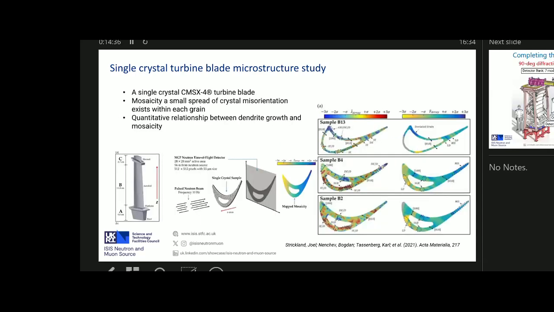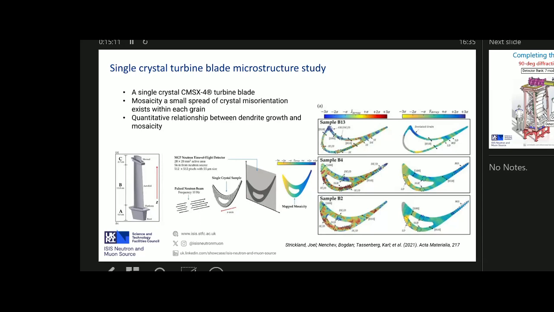And after that experiment, they would like to move on to a real single crystal turbine blade. So in this case study, they have this single crystal turbine blade from Rolls-Royce, and then they slice it into many pieces in the transverse direction. And then they put each of these slices into this Bragg edge imaging, and then they can map many of these slices of this grain misorientation, and further what they call the porosity of this